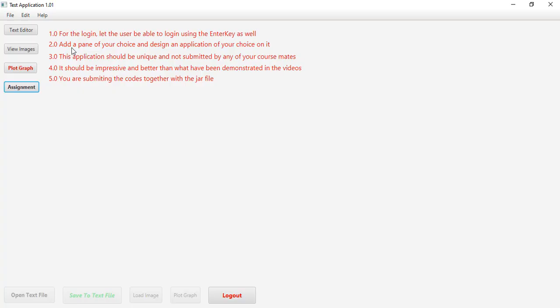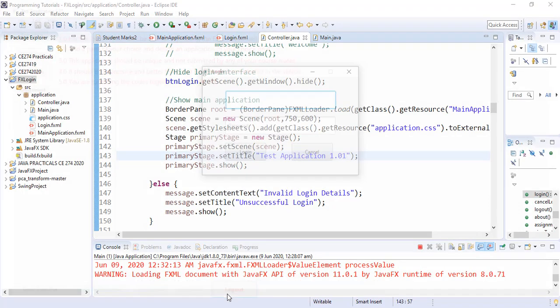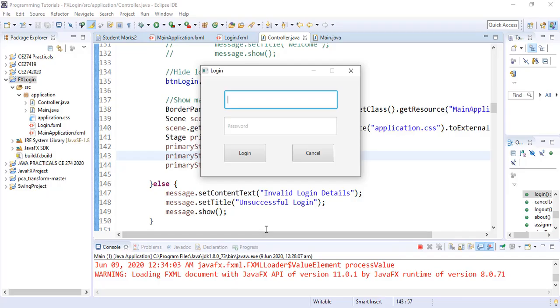The students are also to ensure that at the login part, the user should be able to use the enter key as well instead of just clicking. So for example, when we go to the login and the user types in admin and the password, when the login button is selected, when the user presses the enter key, we want the user to be able to log in. We did not do this in our videos, but that is what the students